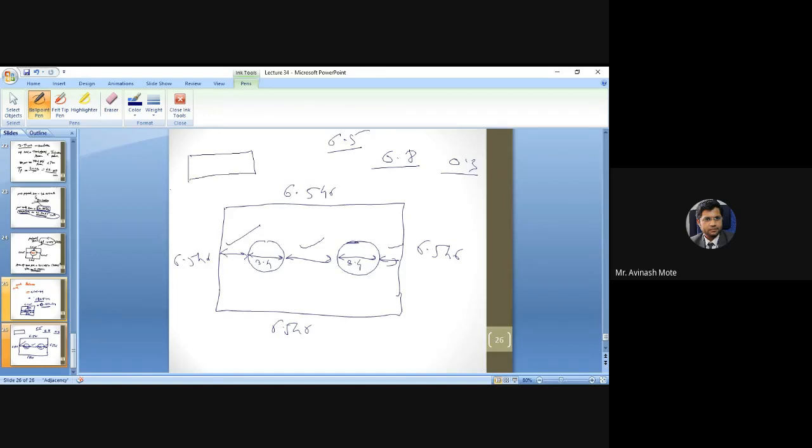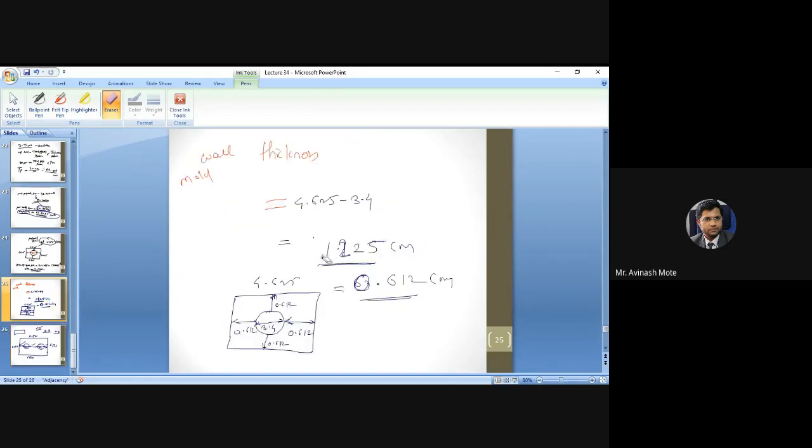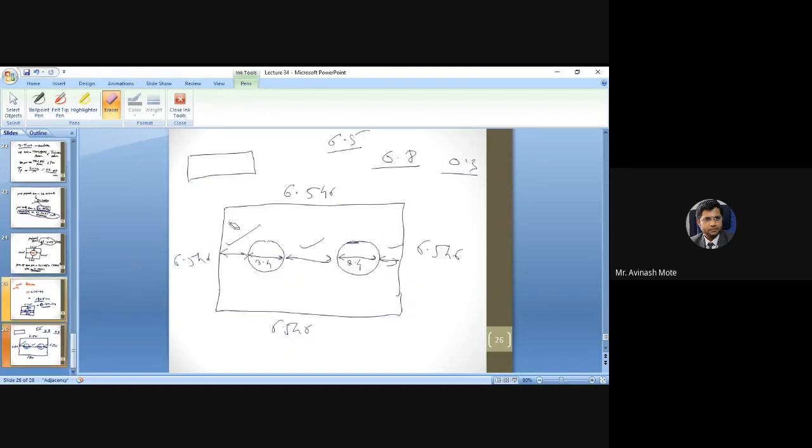See, in your exam you need not calculate it for the two cavities. These calculations whatever I am showing you are not required. Only up to this you will have to calculate: mold wall thickness for the single cavity. Right, if you want to calculate for your understanding, no problem,